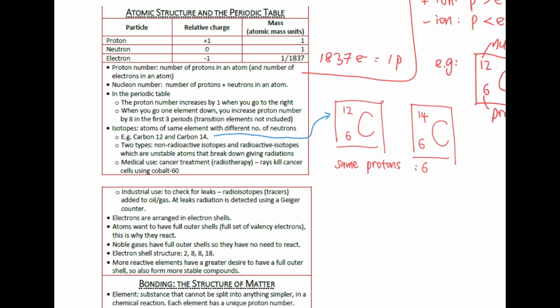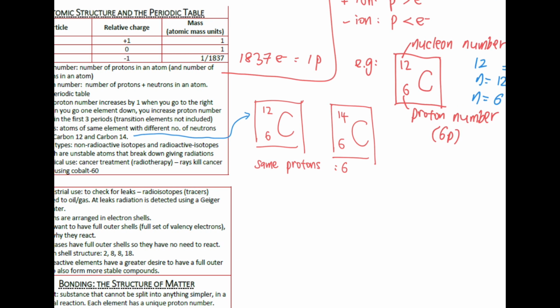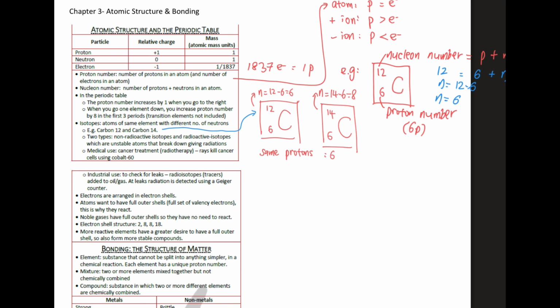And then, you want to count the neutrons, right? So for this one, the neutron is 12 minus 6. This one, you want to count the neutrons, 14 minus 6, you get 8. So they have different numbers of neutrons. Same number of protons, different number of neutrons. So they are still known as the same element,